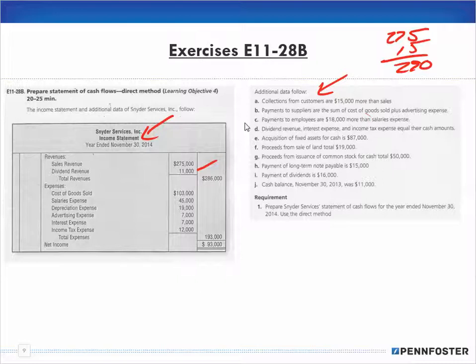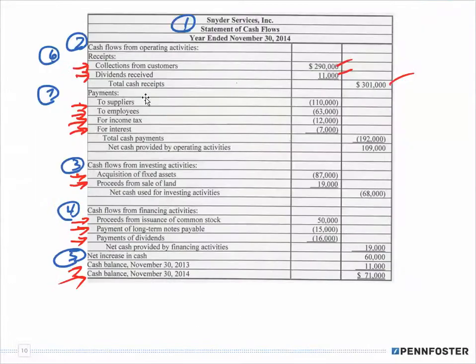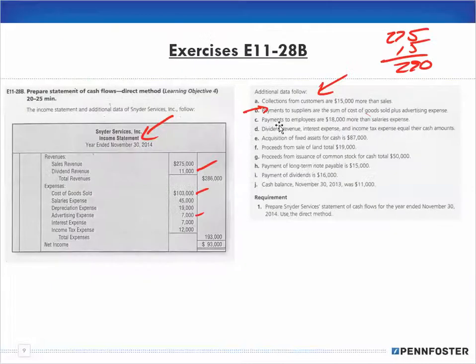and that is, let's see here, payments to suppliers are the sum of the cost of goods sold plus the advertising expense. So my cost of goods sold is 103 and my advertising expense is 7, so that is 110,000. I write it in. Now to employees, payments to employees